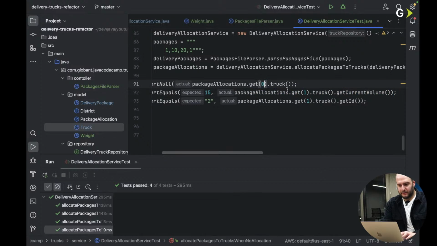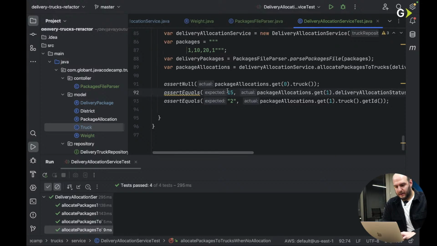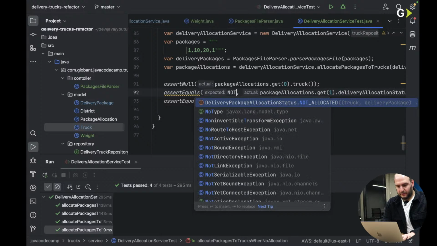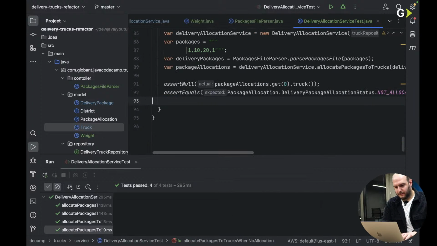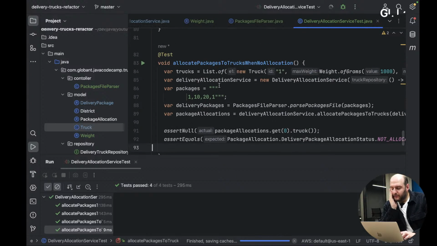This should be get 0, and it will be get 0 delivery allocation status, and the value would be not allocated. So now I'll run all the tests again with the new scenario,